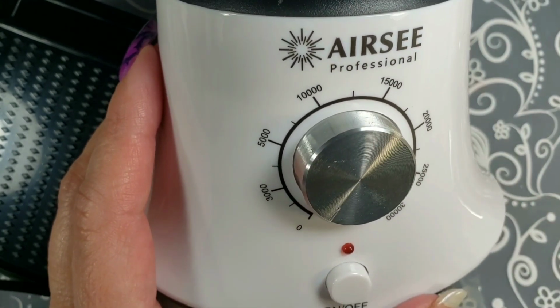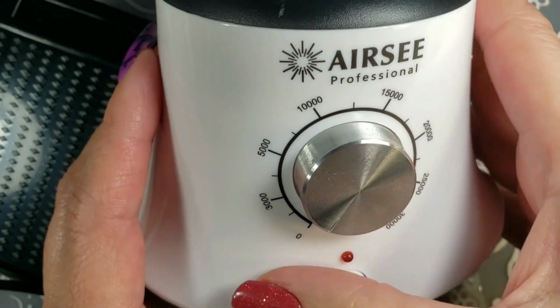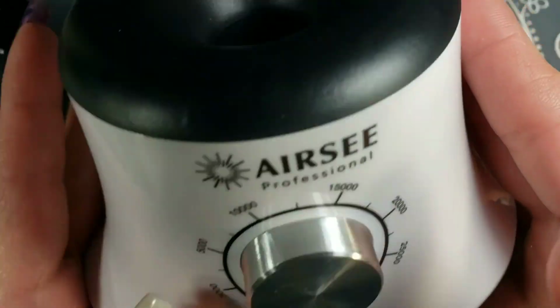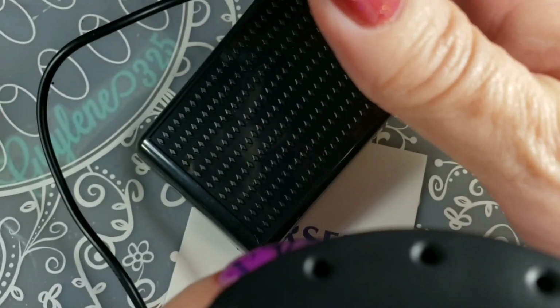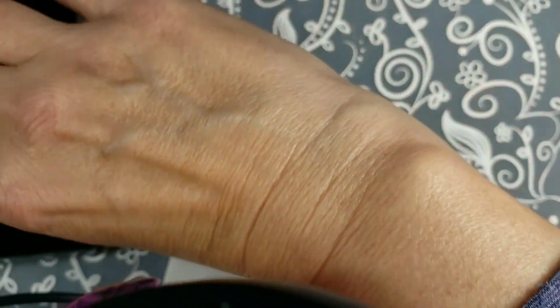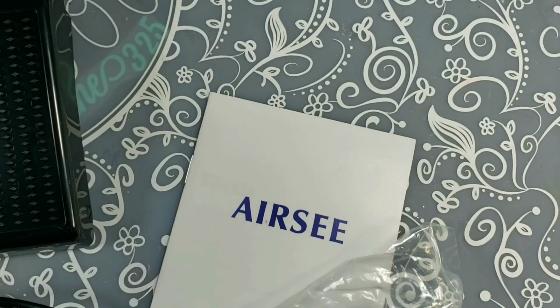So it came packed in just a plain white box with foam that everything fit in, so you don't need to see that. Here is the main base of it, and of course it has on and off, and you will operate it though with the foot pedal. So I think what I'm going to like about that is I can just leave it sitting there and then hit the pedal with my foot, because now when I'm doing somebody's nails I have to reach over, turn it off. You know, that was the one thing that I didn't like about the cordless, is that I couldn't turn it on and off from the hand piece, from the actual